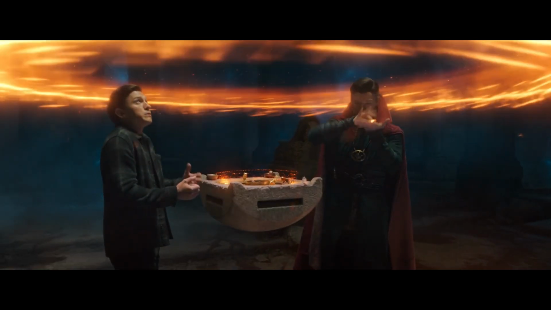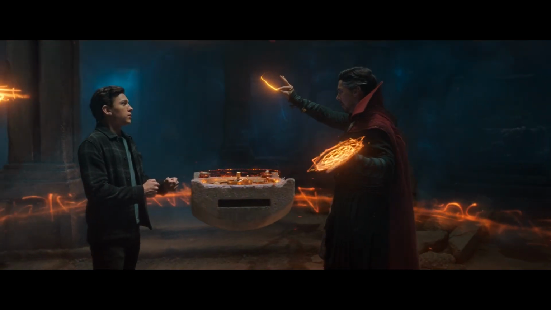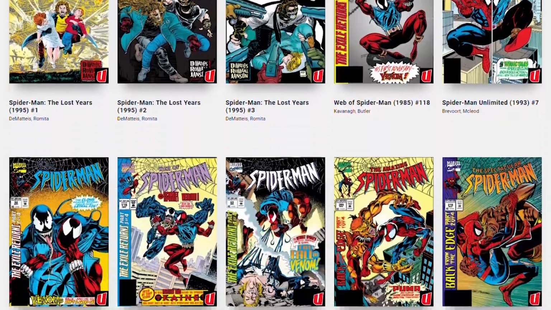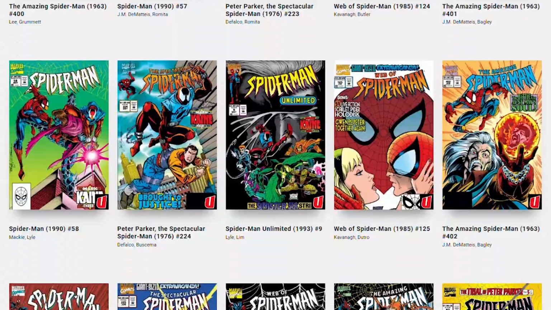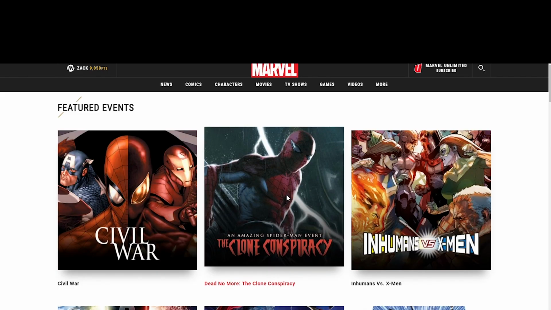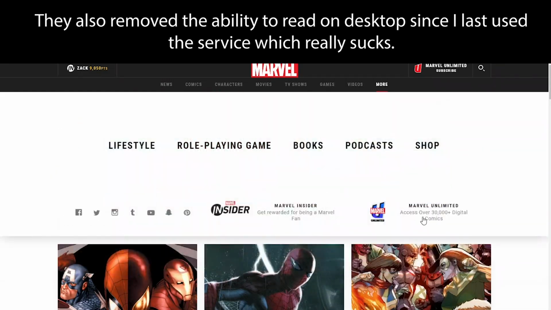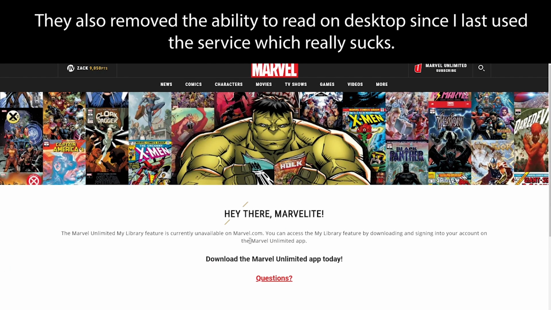I want to start by clarifying what exactly I'll be reading, since the overarching Clone Saga is spread beyond multiple different ongoing Spider-Man series. If you look at the reading lists and collected editions, it's completely unclear where to start, and it's really all over the place. I want to get as complete of a story as possible, and was planning on using Marvel Unlimited to do this, which is an awful service, honestly. The reading lists are awful and unorganized, but that's for another video.